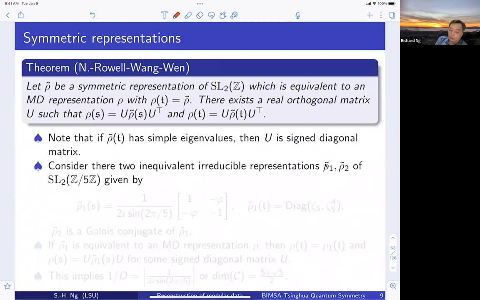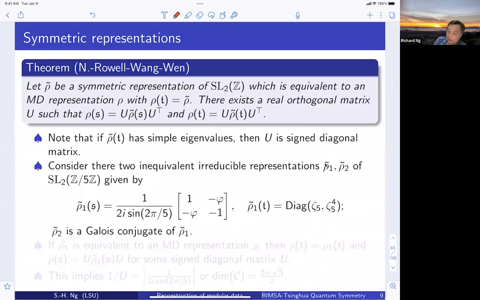So I just label one of them, and then the other one is just the Galois conjugate. This is a symmetric one that we obtained from, let's say, the program we wrote to generate symmetric representations. The other one, if you look at this representation, they are all cyclotomic numbers. They are not arbitrary numbers, they're cyclotomic numbers. So you can always apply Galois conjugation to it, just extend your conductor, then you can apply Galois conjugation,